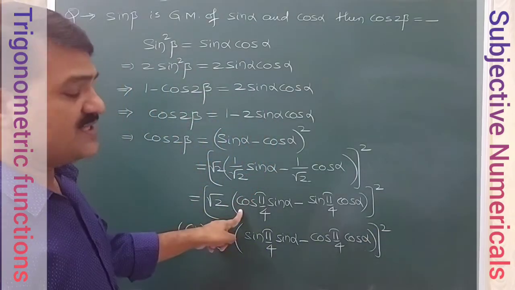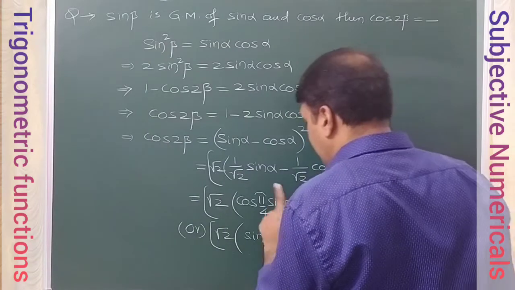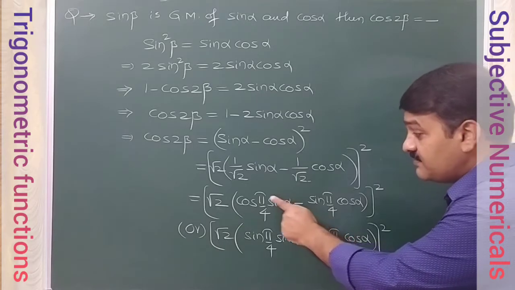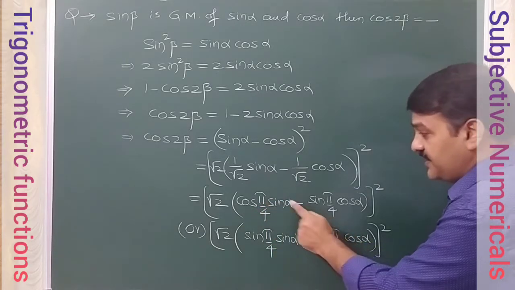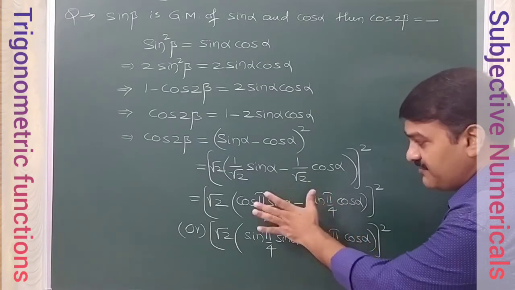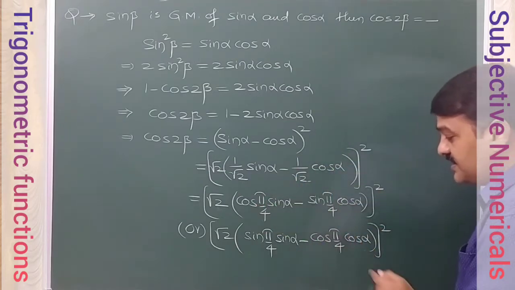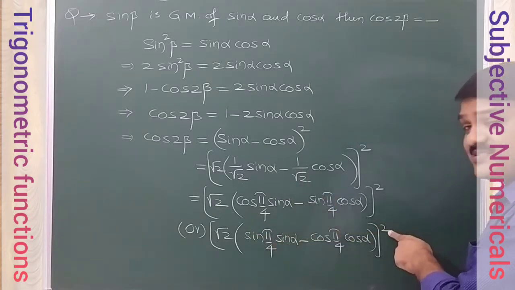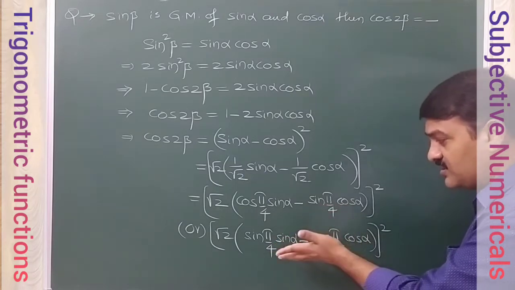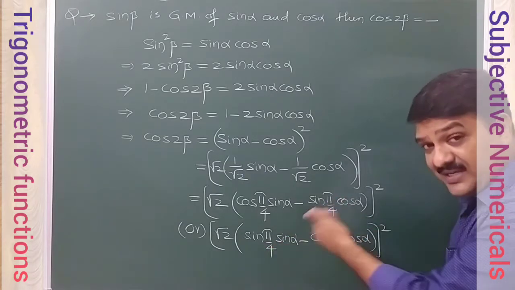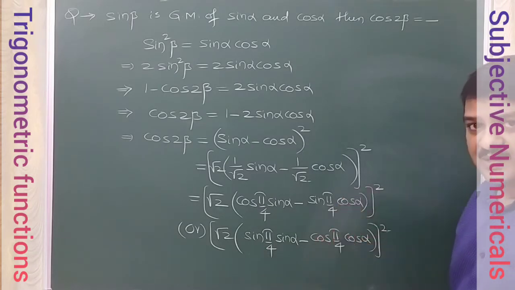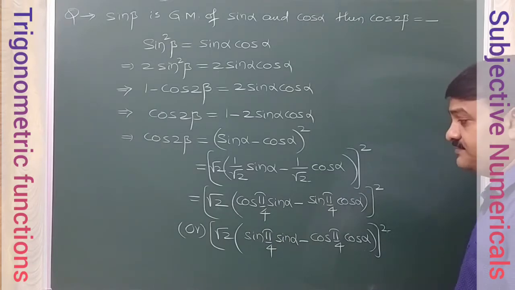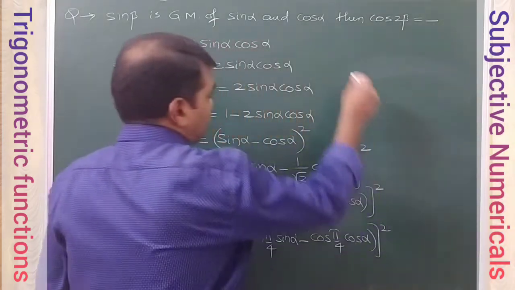So if we are writing in this process, this is the sin A cos B minus cos A sin B model. Sin A, this is A, minus cos B, this is B. Sin A cos B minus cos A sin B, sin of A minus B. Here, this is the cos A cos B minus sin A sin B model. You can take reverse also because whole square is there. Even if you take reverse also, nothing will happen. Whole square is there, that is, taking minus common you can do. Square is there, no problem. So cos A cos B minus sin A sin B, cos of A plus B. So two different models, both I will write now.